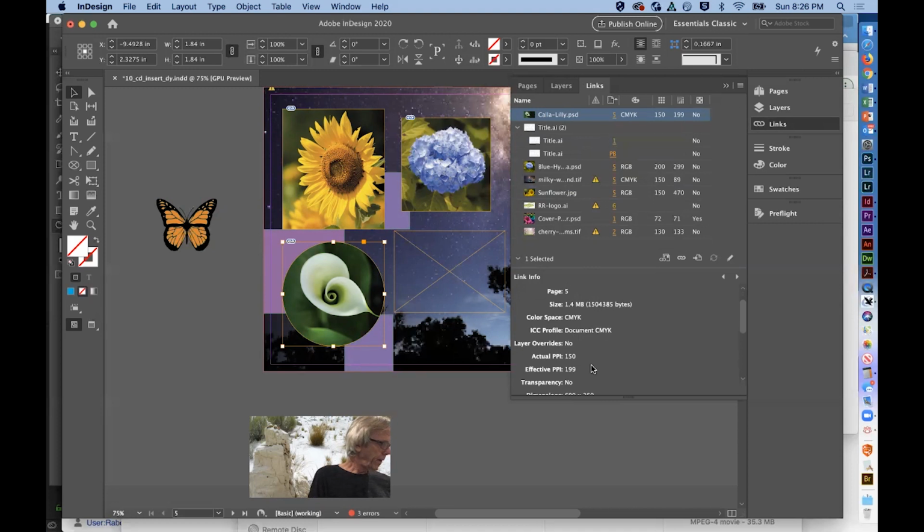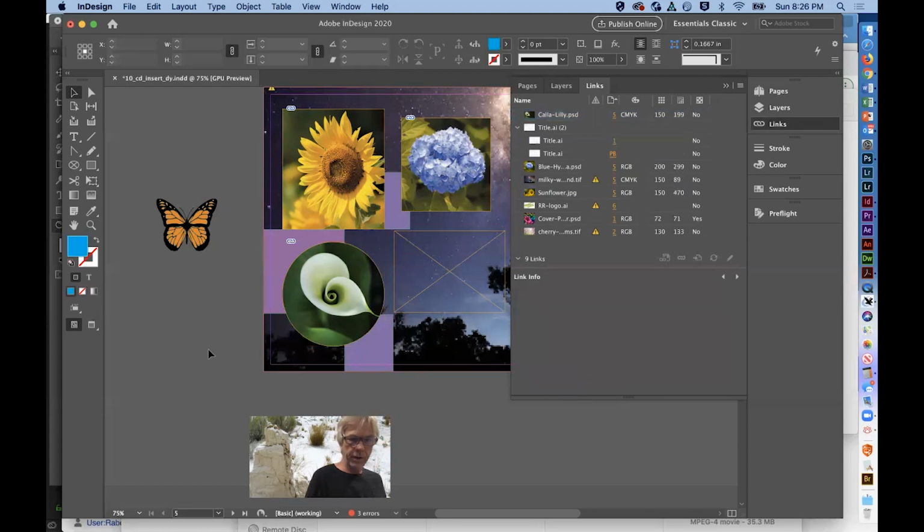Another way to import a graphic is to drop them into a page. So we're going to go Edit, Deselect All, probably save our file while we're at it. And drag the Starflower file over the empty frame to the right of